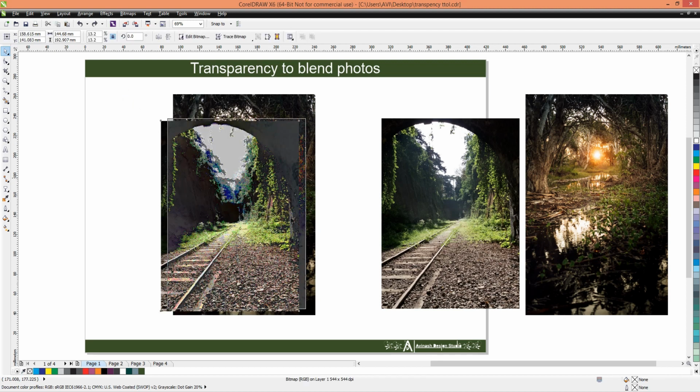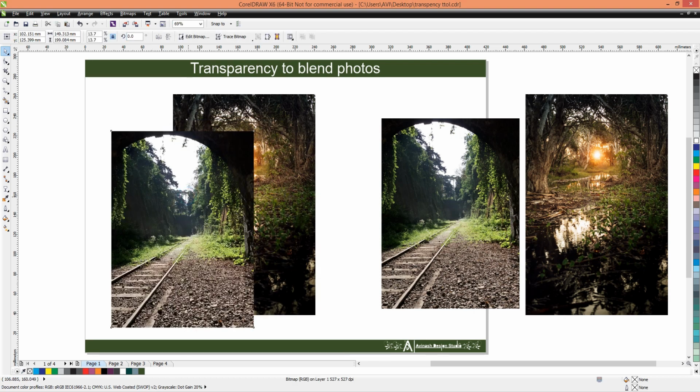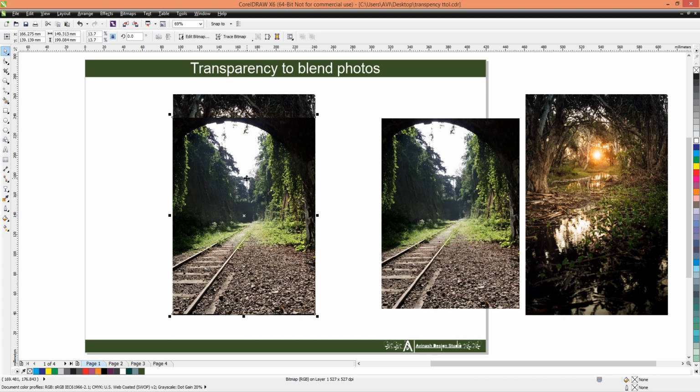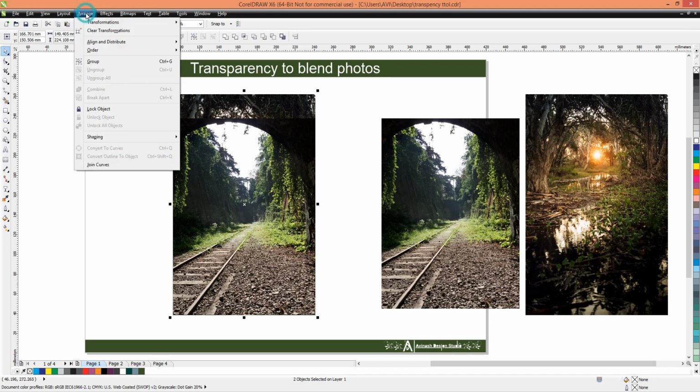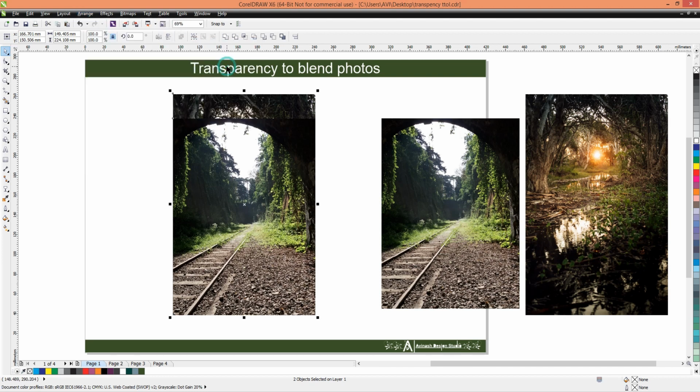First we are going to align the two photographs, make them the same size, and decide where we want to place them. I decided to put it downside. You can select both photographs and go to the options. In Arrange there is Align and Distribute. You can align or distribute to top, right or bottom. I aligned it on the bottom.